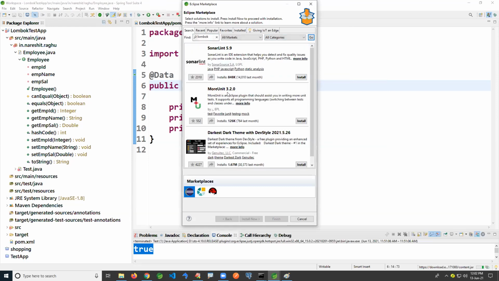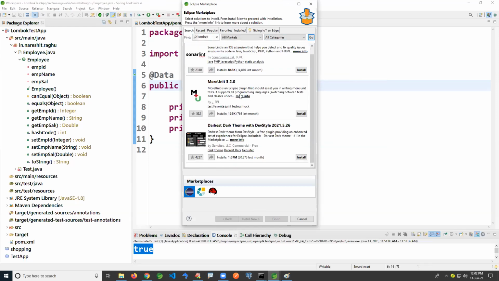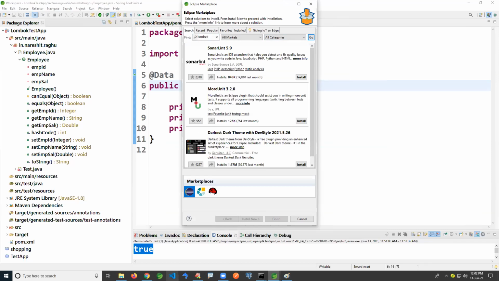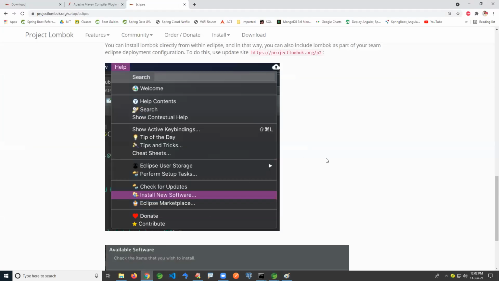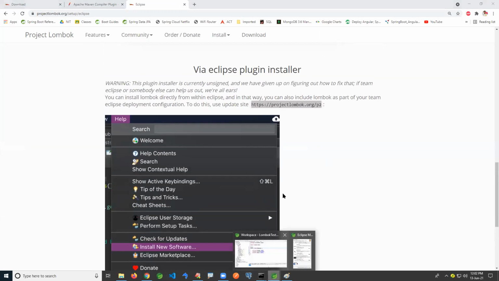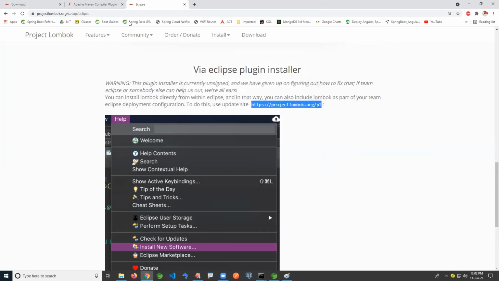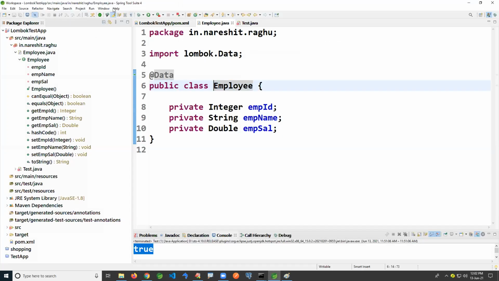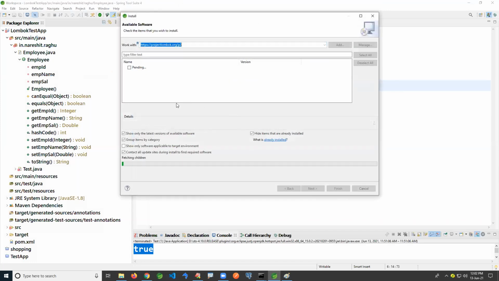Wait for a second. So here you can choose Lombok, then Next and Finish.